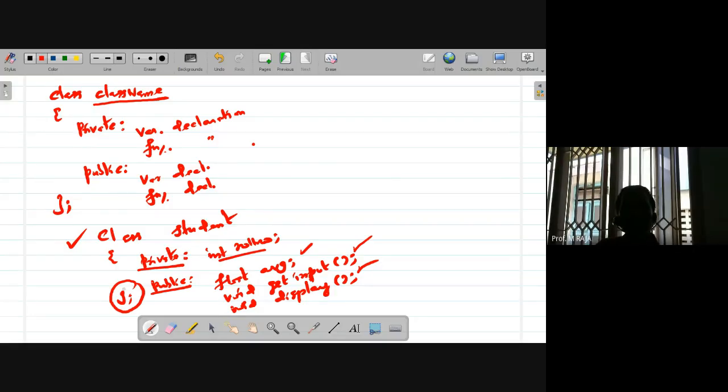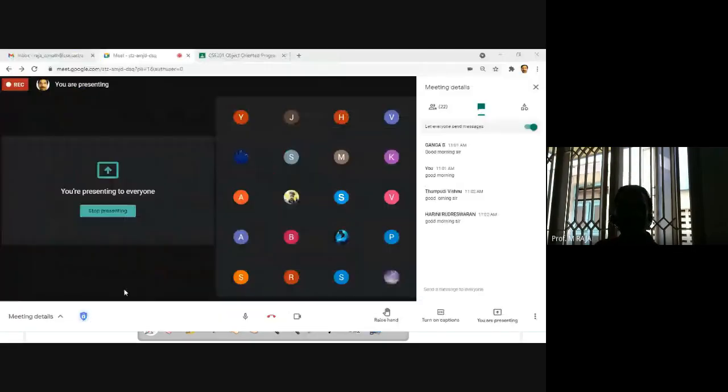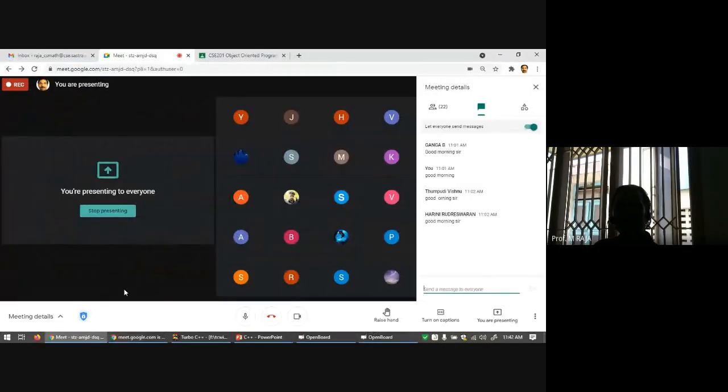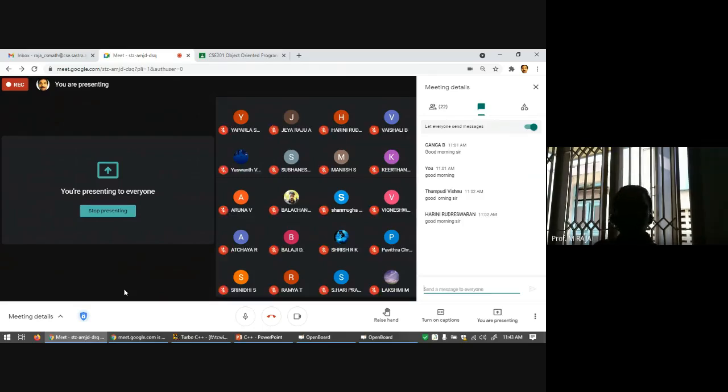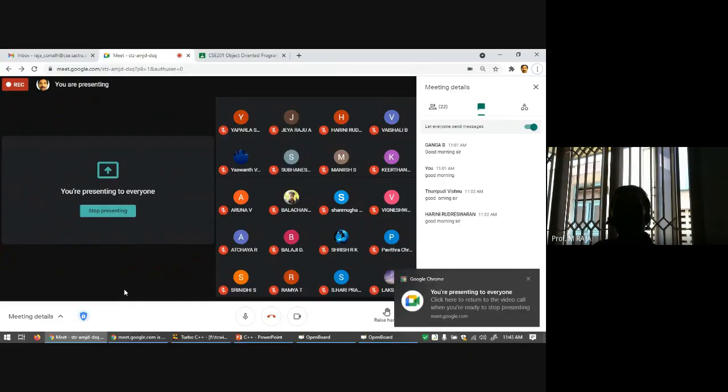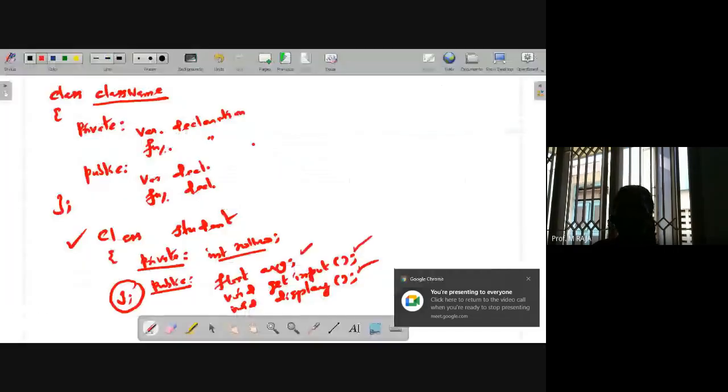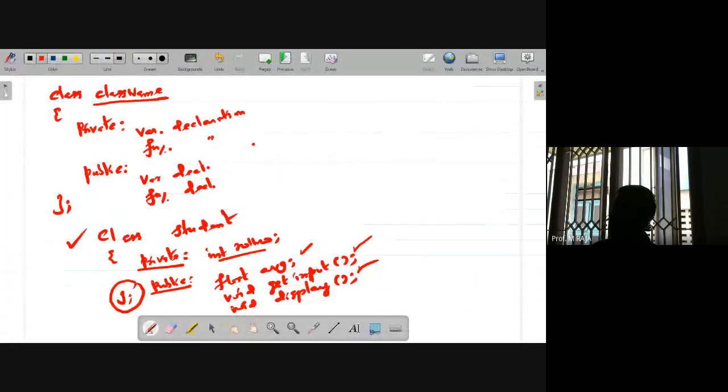So what is a class? Simply, a class is a container for both data and functions. Both data and functions are combined into a single unit called a class. Inside the class, we have two sections, as of now: one is private and another one is public. By default, the class members come under the private section. Then inside the class, in private and public, we can have this kind of declaration, variable declaration and